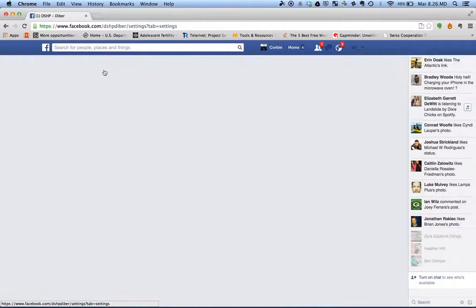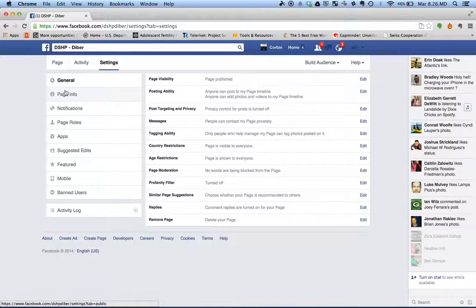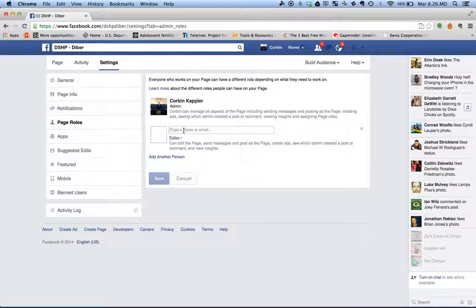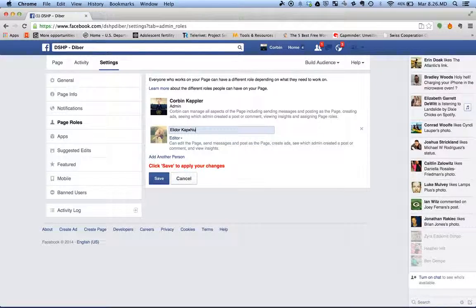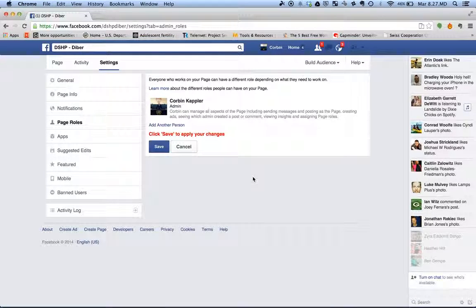Here we have settings, in the upper left hand corner. You can go to page roles. From here you can type the name of your colleagues and give them editing privileges, administrative privileges, or whatever you like, whatever is most appropriate. Click save and they'll be sent a message on their Facebook that they need to accept in order to manage the page. Okay, so now that you have the page built,